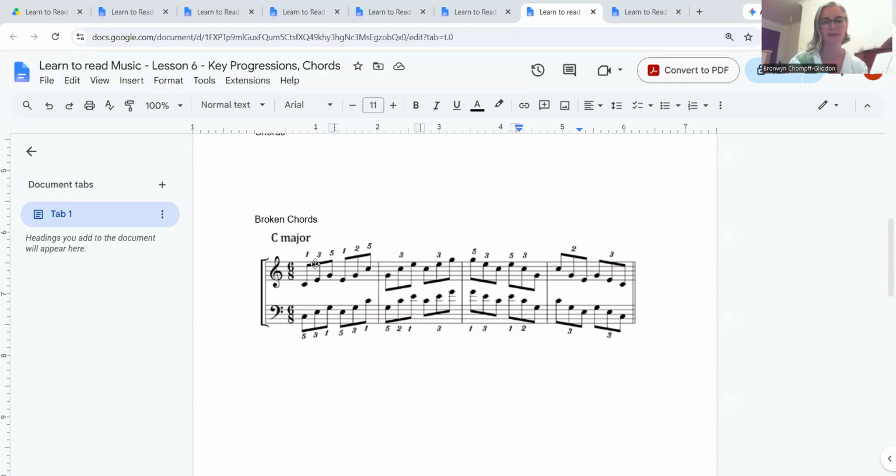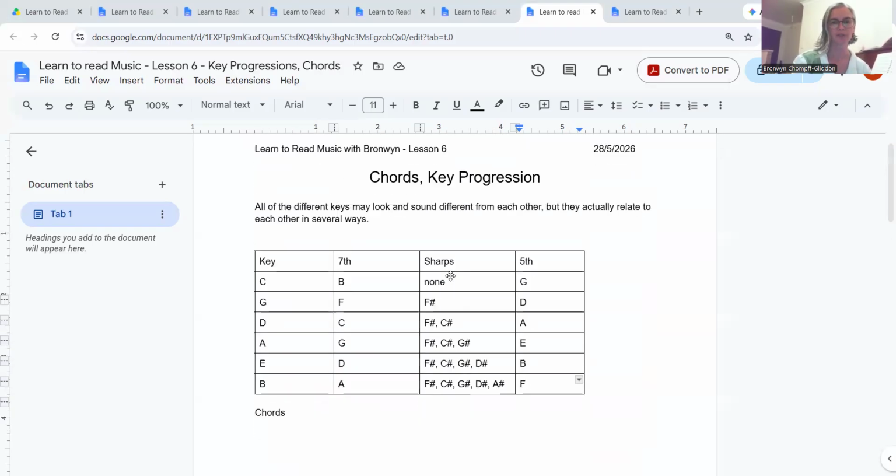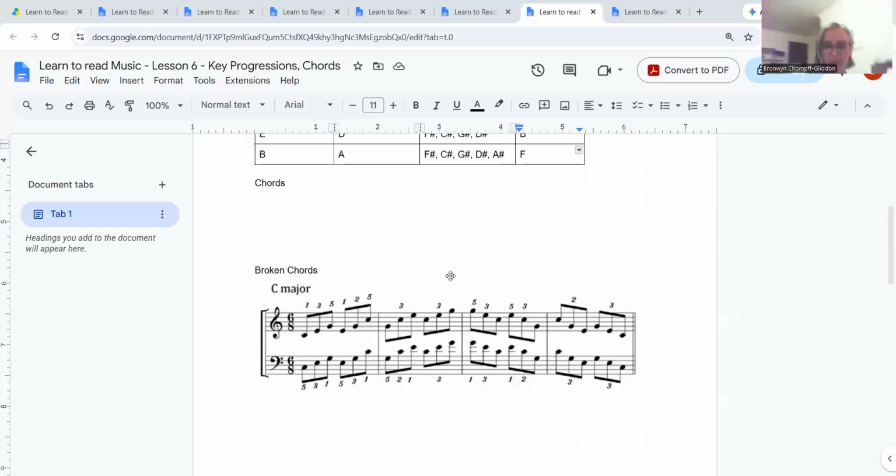And what happens is when the key changes, like this is all written in C major, and C major is where we start because there's no sharps, there's no flats. But as soon as you start moving up and down to different keys that have sharps or flats, those patterns remain of the third and the fifth. And we follow that pattern still of the tone, tone, semitone, tone, tone, tone, semitone. And so the reason this helps you in learning to read music is that let's say we